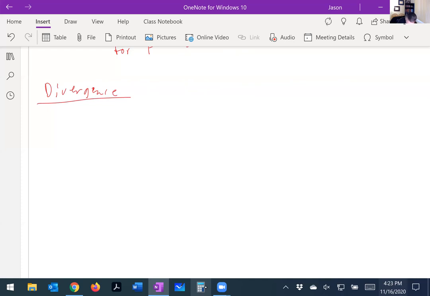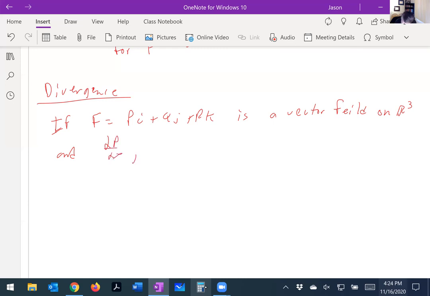Okay, so let's go to divergence now. What does divergence mean? If F equals Pi plus Qj plus Rk is a vector field on R3, and dP/dx, dQ/dy and dR/dz exist, then the divergence